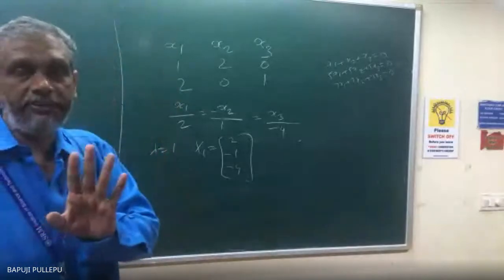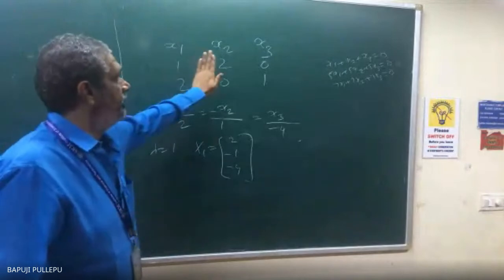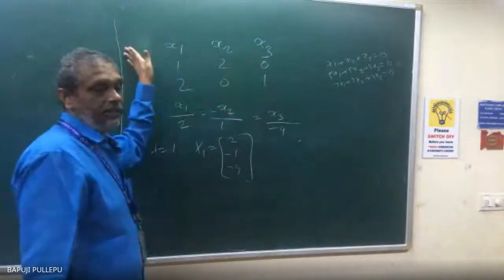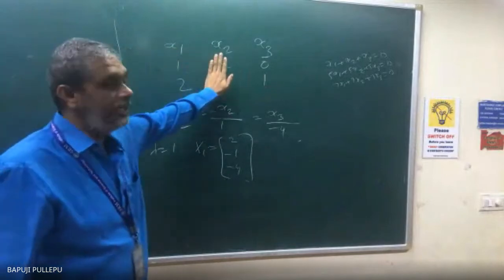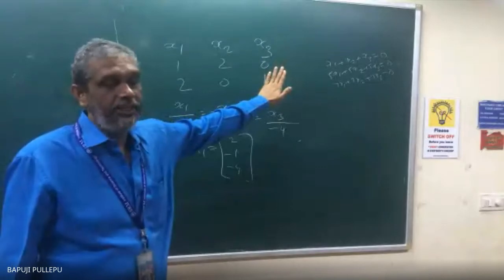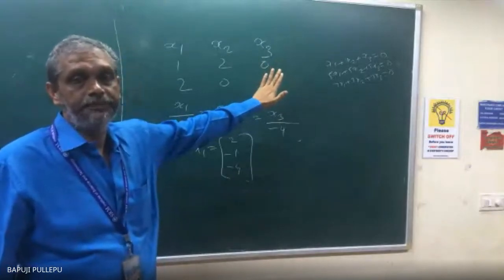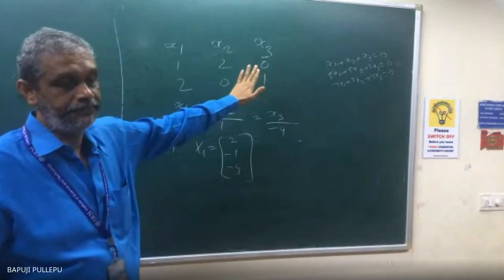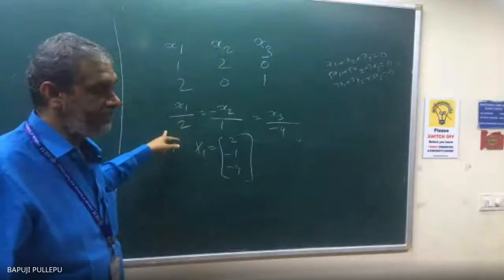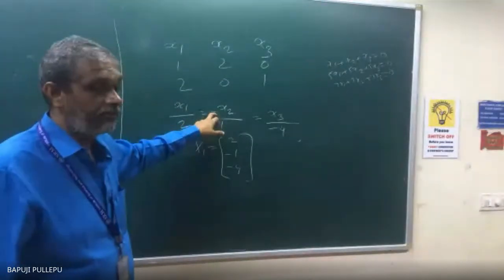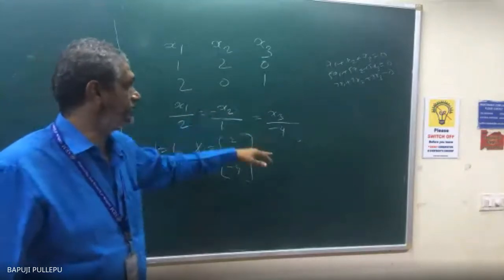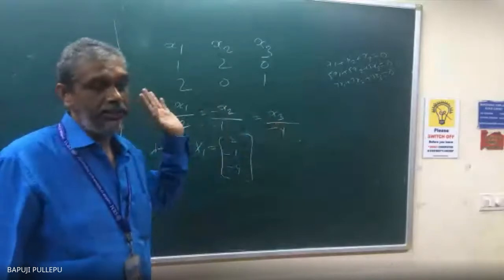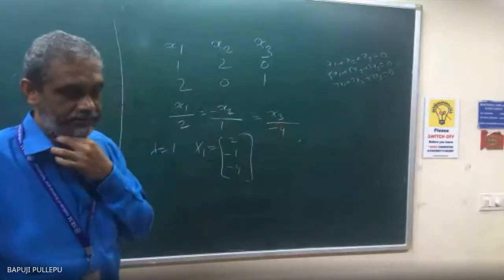Take any two different equations. X1 coefficient you can write. X2 coefficient you can write. X3 coefficient you can write. X1 means what? Leave x1 elements. Then x2 means what? Leave x2 elements. X3 means what? Leave x3 elements. Correct? Yes, sir. Then down now we will write x1 by something. Minus is important. Minus x2, by then x3. If there is any common term you can clearly remove it. Otherwise, as is you can write.